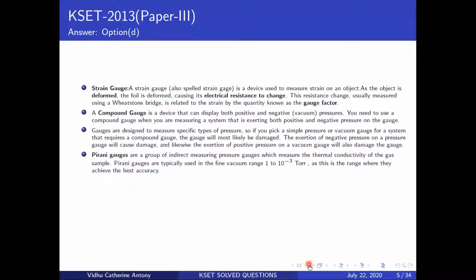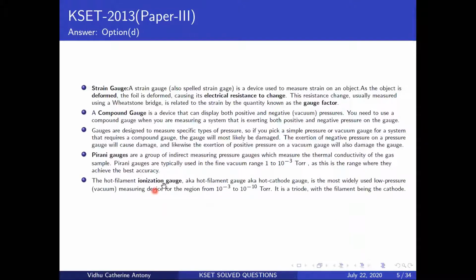Okay, now the other one is your ionization gauge, which is basically a device that measures using the hotness of your filament. Okay, so there's going to be a filament in that gauge, and based on the number of particles in that area that react with it, that's how it's going to tell you about the pressure. So now look at this one's torr. The pressure range is from something like 10 to the power minus 3 torr to 10 to the power minus 10 torr, which is the range in which you can measure pressures.